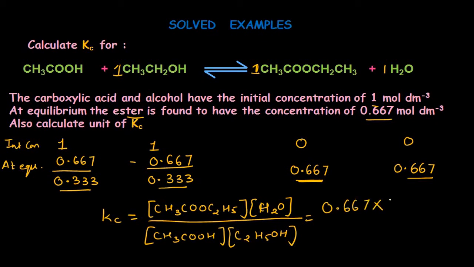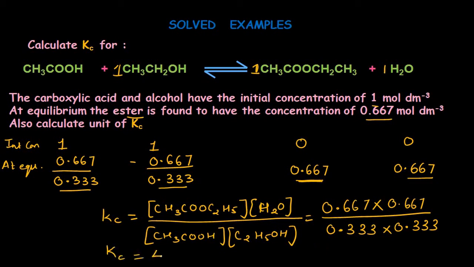0.667 multiply by 0.667, divided by again the concentration of reactants, that is 0.333 multiply by 0.333, and this gives us the value of Kc as 4. So the value of Kc calculated is 4, and if we look at the units, then